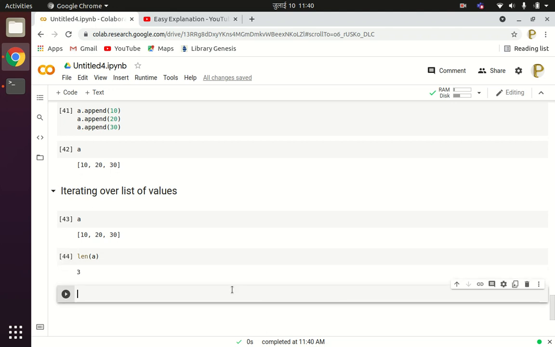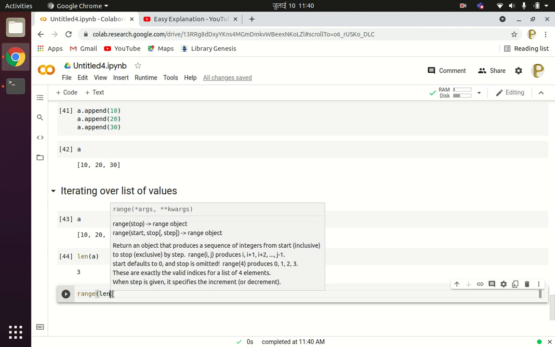So you can get the total number of elements in the list as 3. The first element will be at index 0, the second element at index 1 and the third element at index 2. So the indexes are from 0 to n minus 1, or length minus 1. You can get the index values by using the range function. So you write range of length of A.